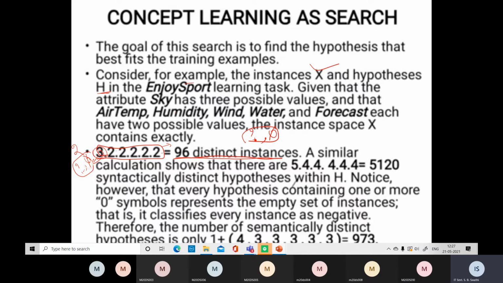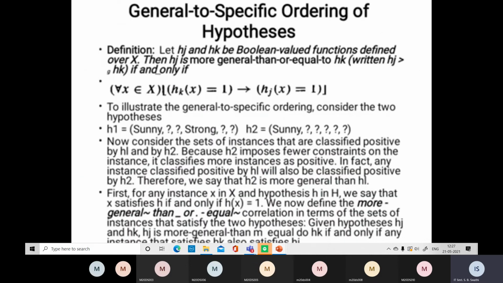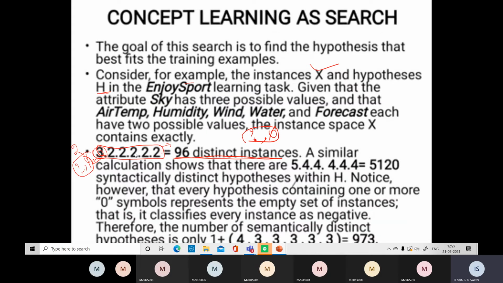Similarly, question mark and null are also added to the second attribute's 2, so it becomes 2 plus 2, that is 4. Likewise, for each and every remaining column we are adding both the question mark and null, which will indicate the total set of inputs in addition to the given training data. And when you include these additional values, this hypothesis is called the distinct hypothesis. It is another name given to the hypothesis.